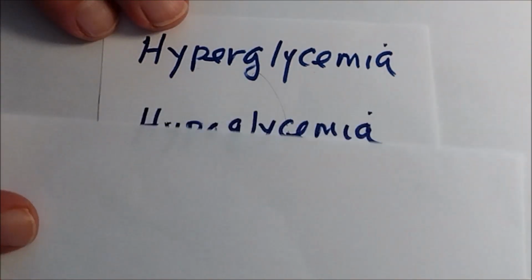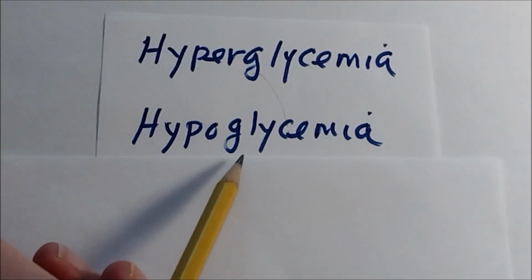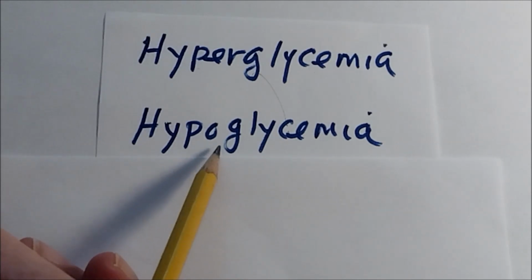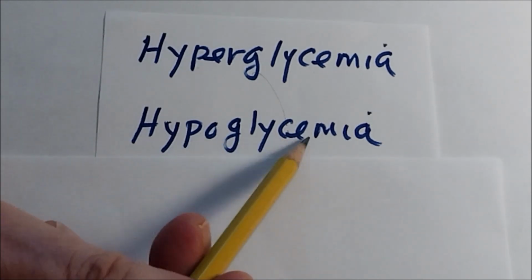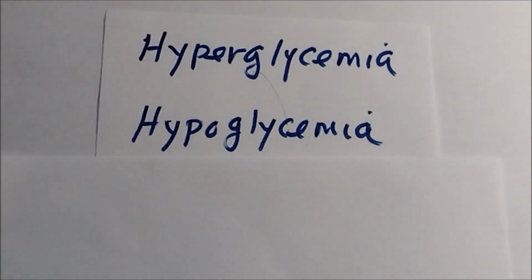All right? On the other hand, let's say the opposite happens. They get up in the morning and they say, oh, I'm going to take my shot. And they take their insulin shot, but then they have to rush off to work and they forget to eat breakfast. Now they have hypoglycemia. Now they have too much insulin in their body and not enough glucose to handle that insulin. Okay? This is hypoglycemia, not enough glucose. Okay? This is also called insulin shock.